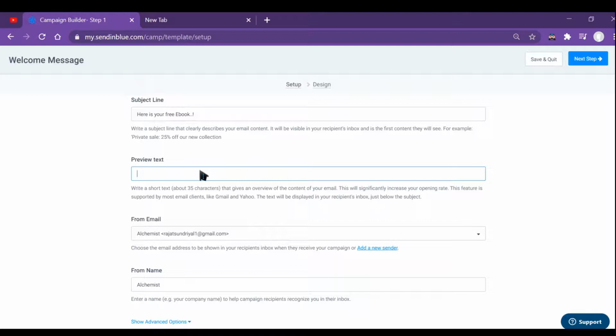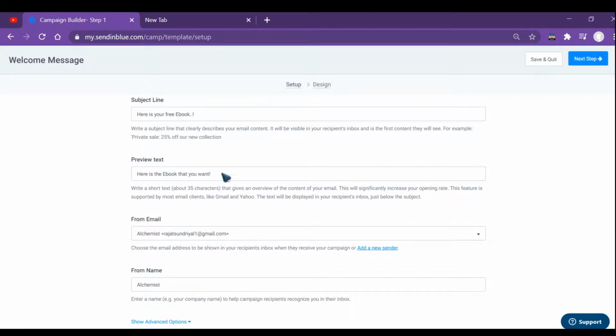There are certain techniques of email marketing where you can write a certain type of text which can significantly increase your open rate. Right now we are just going to type something for example, nothing fancy, because in order to have a perfect email marketing system, you need to spend some time on that. I'm going to type the same thing: here is the ebook that you want.